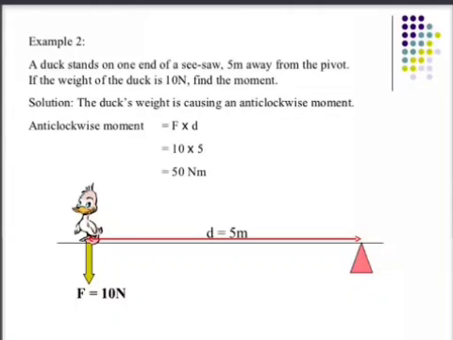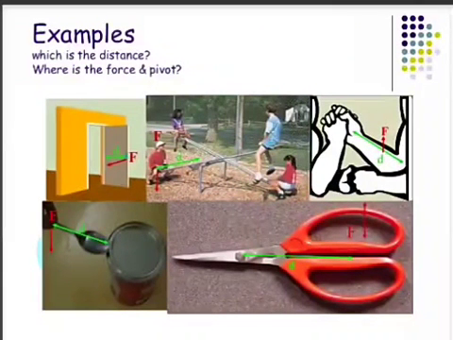Now according to the fulcrum, it is going anti-clockwise. Anti-clockwise means what? Opposite of the clock. So if you consider this to be a second hand, the hands of the clock, the duck is going downwards. So it is going opposite of the normal clock. So it is called as anti-clockwise moment. These are few of the examples.